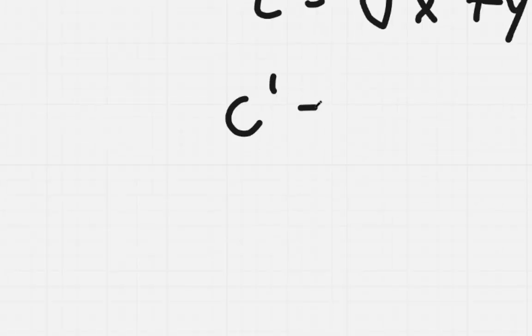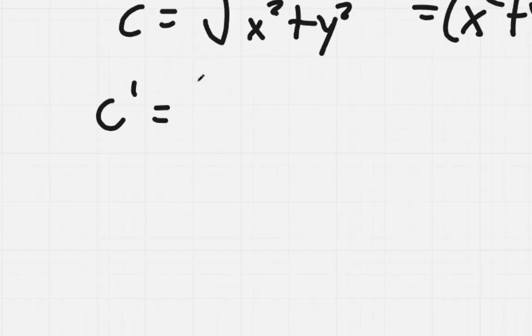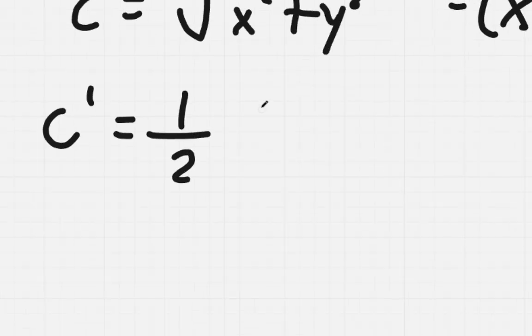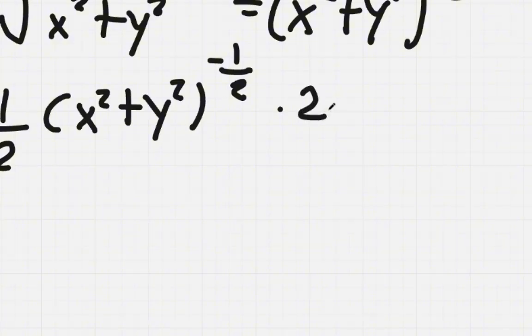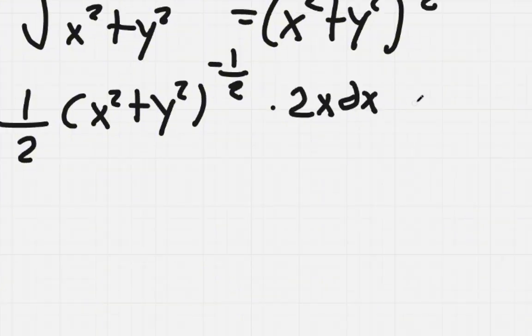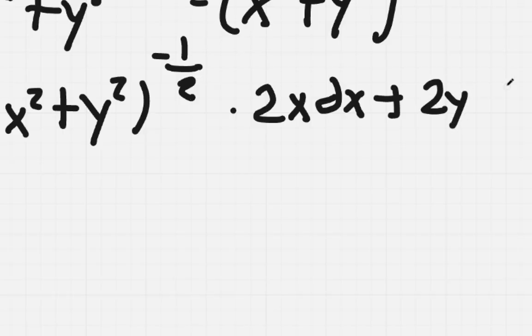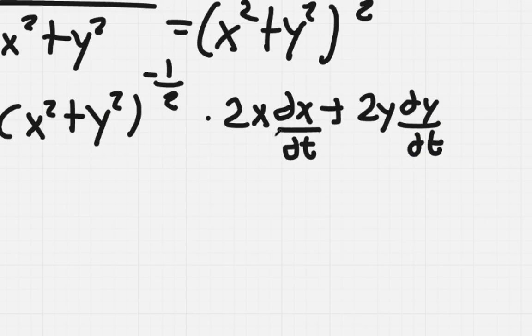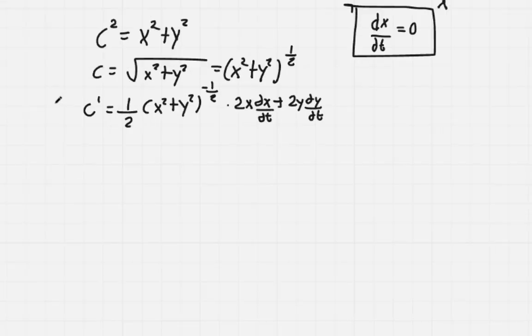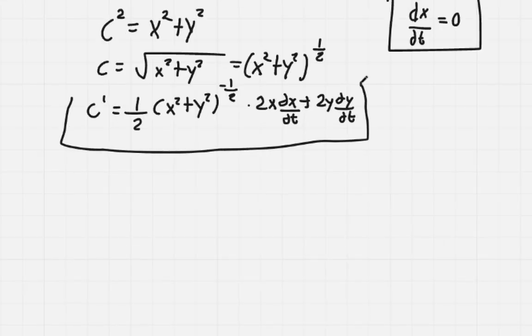So C prime, we bring it down as 1/2 times x squared plus y squared to the negative 1/2 times 2x dx plus 2y dy over dt, because they're functions of time. So this is our basis,